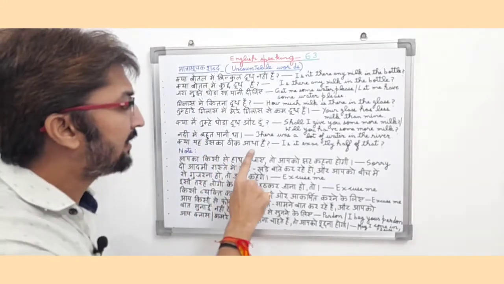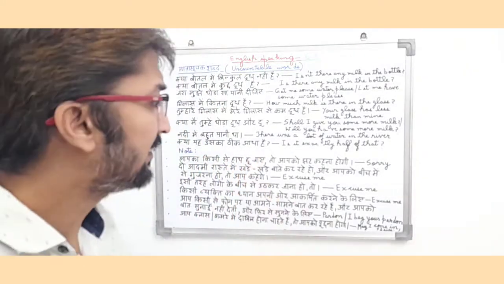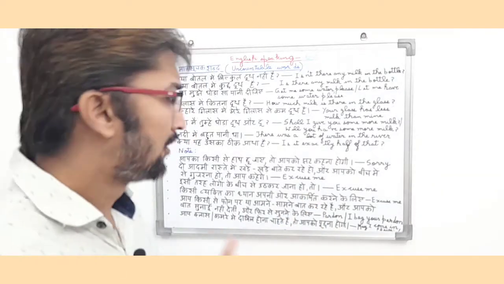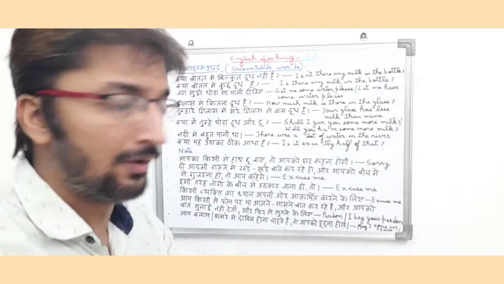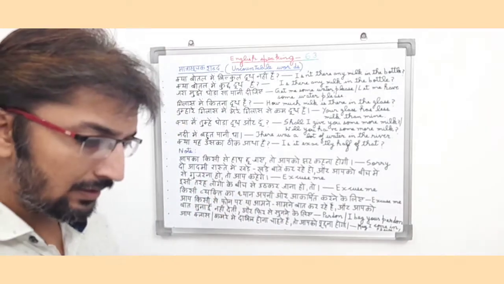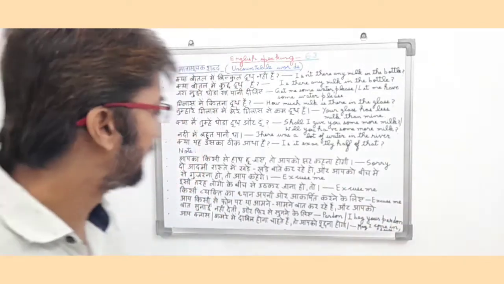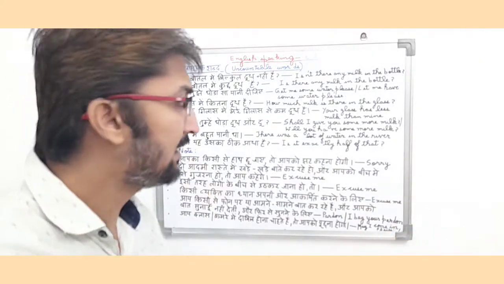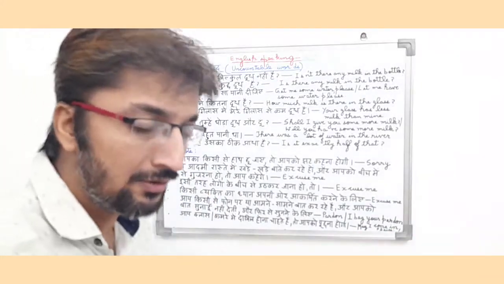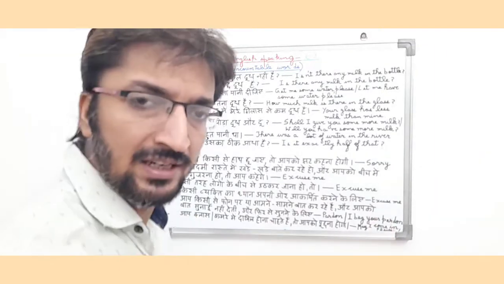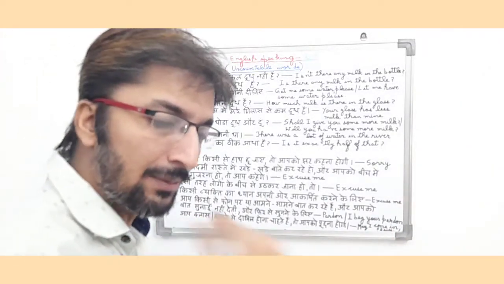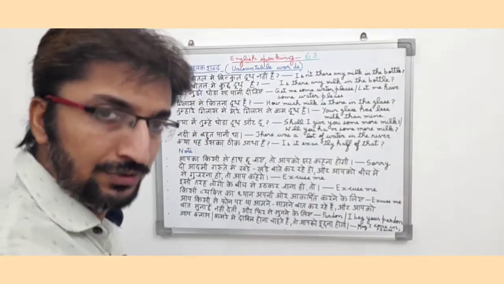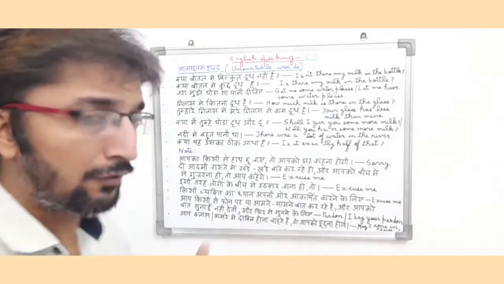क्या ये उसका ठीक आधा है? So in English it means is it exactly half of that? So here you can see friends, this is basically an interrogative question, because the sentence basically means क्या ये उसका ठीक आधा है, means is it exactly half of that? So friends, it is a present interrogative sentence, because they are basically asking about a substance or a material or an object which is exactly half of that.